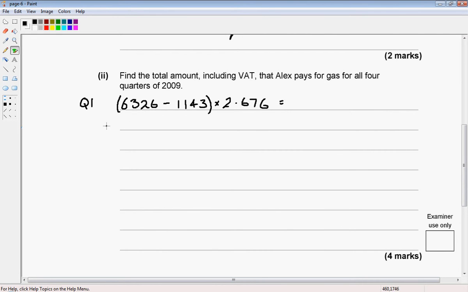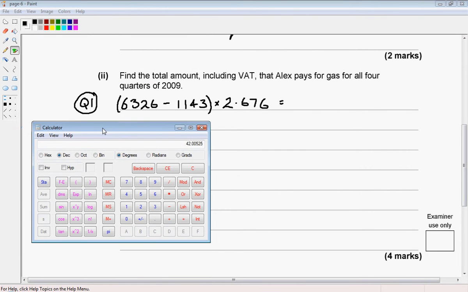So if we go back, so this is quarter 1. So the way that we would show this is the number of units. So in the first quarter 6,326, we take away that £42 worth of units, the 1143 units, and then that tells us how much we need to multiply by the new rate. Okay, so if I just do this one